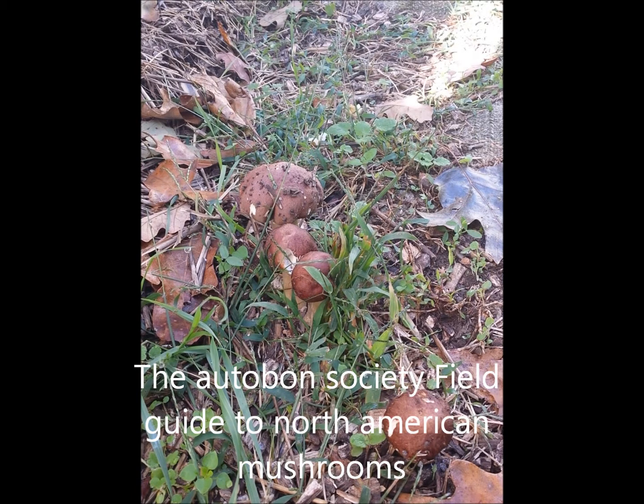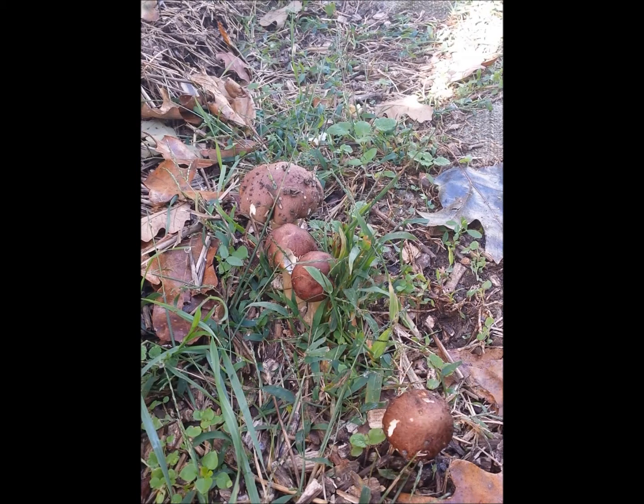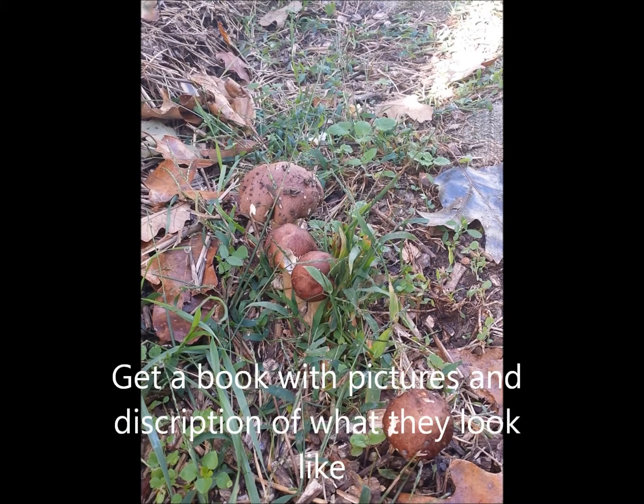I looked it up in my book, and there are 3 ways you're supposed to test a mushroom, especially if it's wild or if it grows in your garden, because there are a lot of other mushrooms that look like these. And there's one category called LBM, little brown mushrooms. You never really want to take a chance with those unless you're totally sure, and check it 3 ways. By the look of it, you have to have a picture of exactly what it is and a description, and